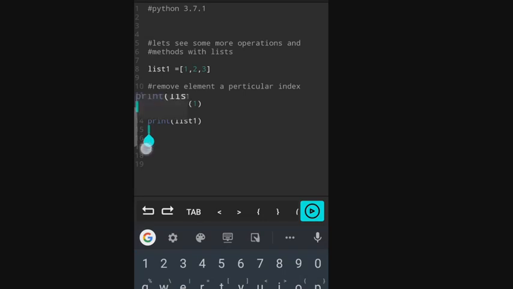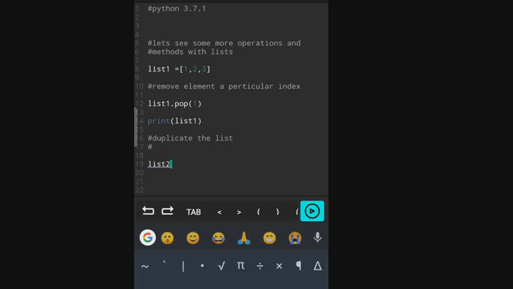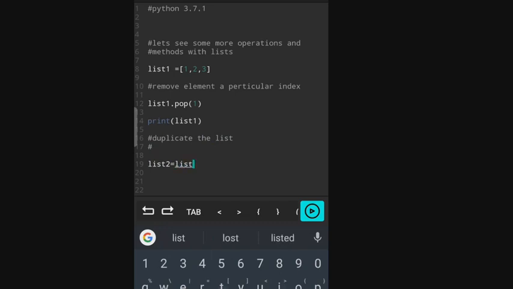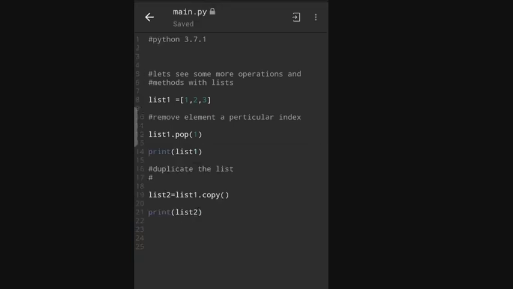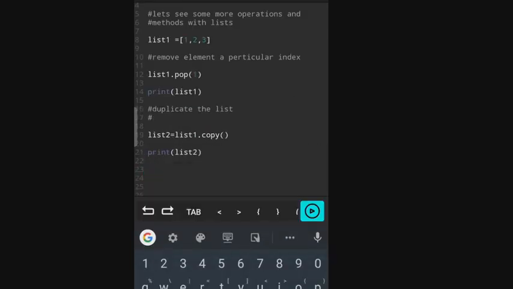When I print list1, you can see the element at index 1 has been removed. You can also duplicate the list using the copy method. Here I am copying list1 into list2. When I print list2, you can see both are the same.